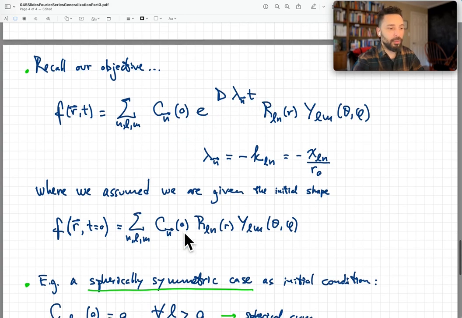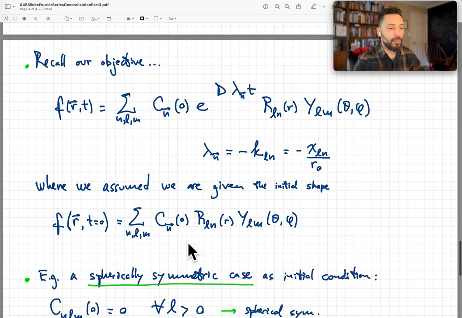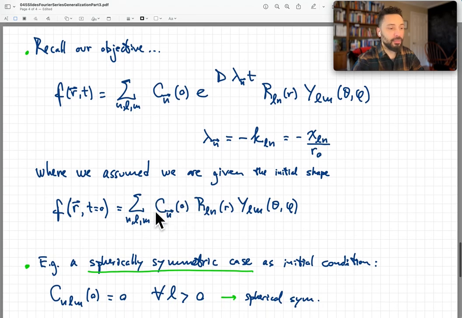And if you put t equals 0 here, you see that this initial shape, which on the left-hand side is something that is given to us in terms of numbers or some function, has to be expanded in terms of our spherical harmonics and our radial functions, which we just found, the spherical Bessel functions, and some constants that we have to figure out in order to feed them into our solution